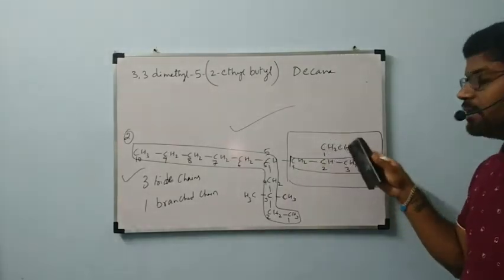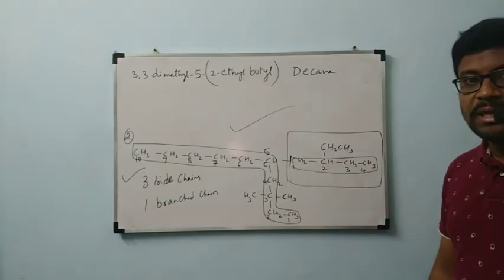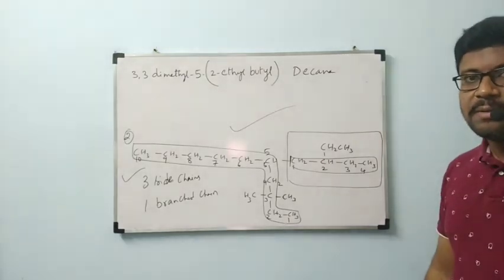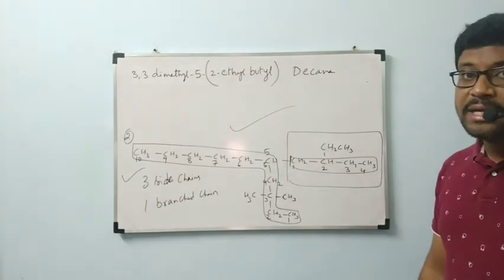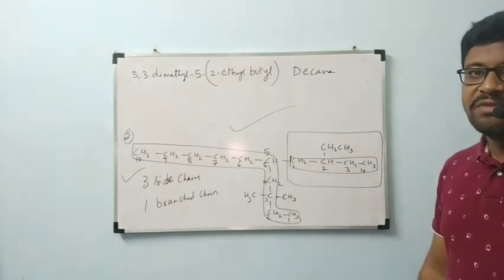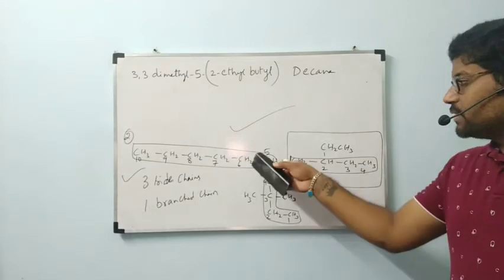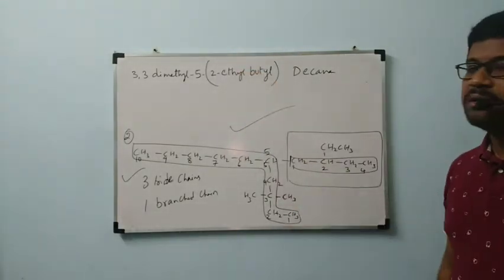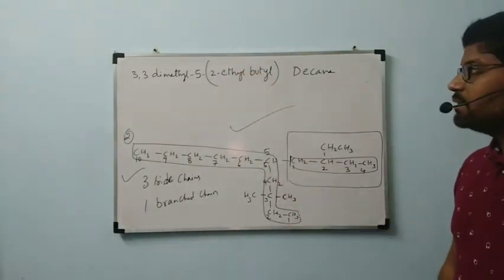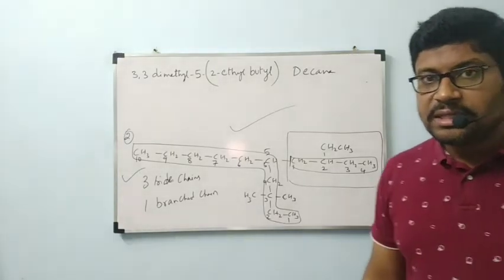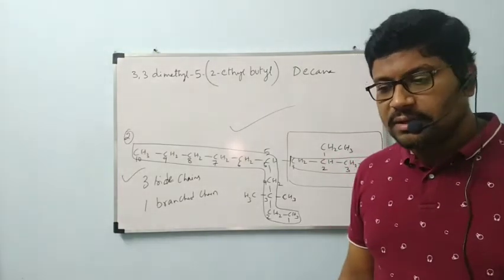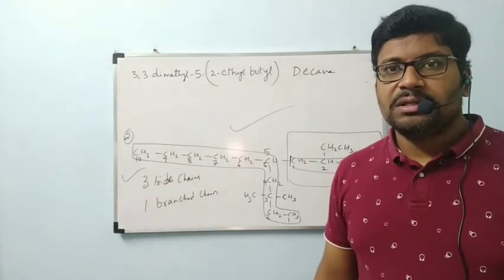On the second carbon we have an ethyl group. 2 ethyl butane we have to write, but this is also a side chain, butyl. 2 ethyl butyl. That entire group is present on the fifth carbon of the main parent chain. That's why I represented fifth. Okay, 3, 3 dimethyl 5 (2 ethyl butyl) decane. This is the name of this compound. This compound is given in the textbook, page number 335. See once.